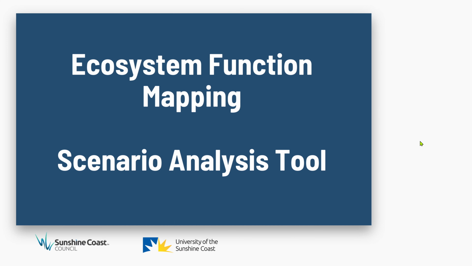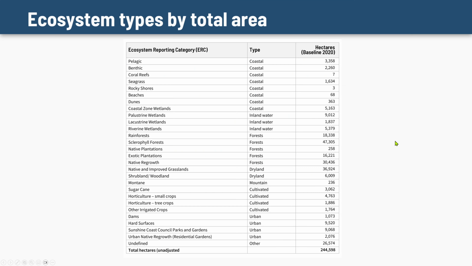Okay, in this last video, I'll explain how to use the ecosystem function mapping scenario analysis tool. And just to go backwards for a minute to explain what's happening here. In previous videos and reports, we've described how we went about mapping the different ecosystem types, which we're calling ecosystem reporting categories. And we have 27 different ecosystem reporting categories, and we've aggregated up all of the individual